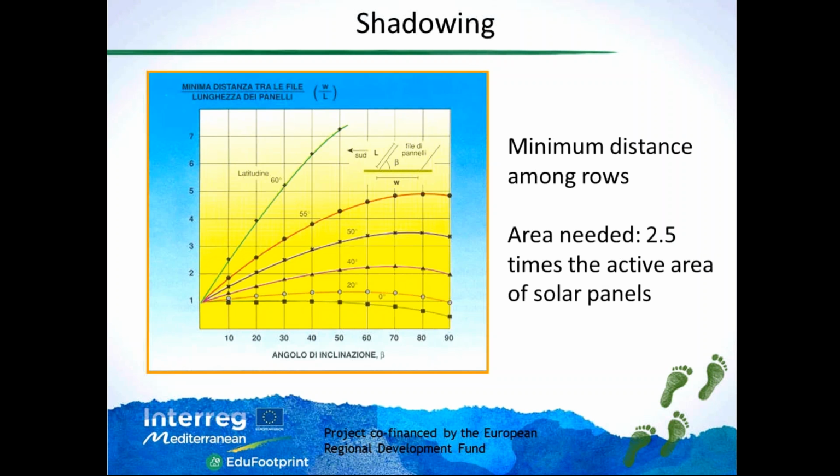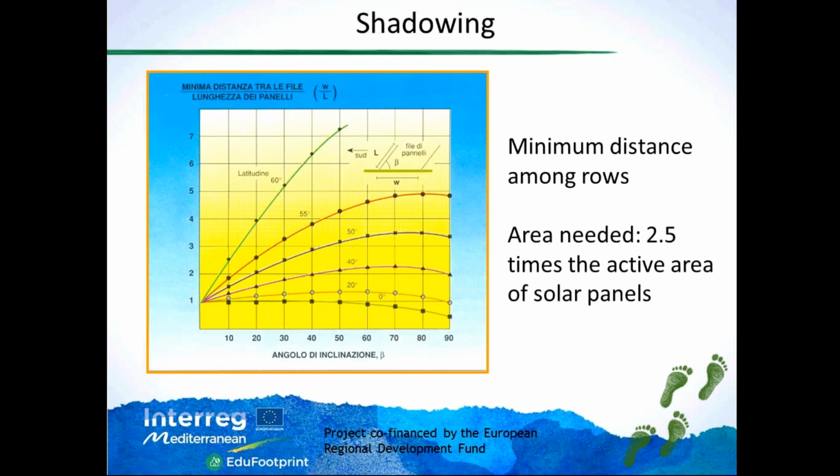So we can say as a rule of thumb that the area needed is 2.5 times the active area of solar panels. So if, for instance, you have to install 1,000 square meters of solar thermal or photovoltaic collectors on the ground, then you need an area which is about 2,500 square meters. Of course, in this case,